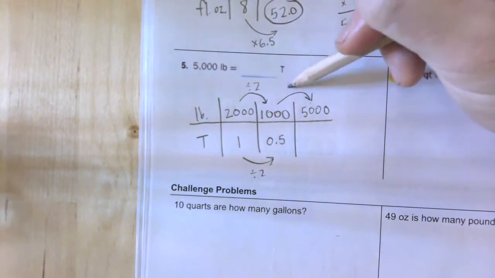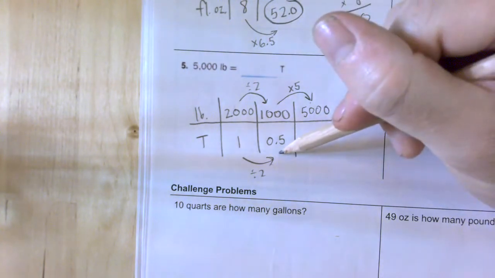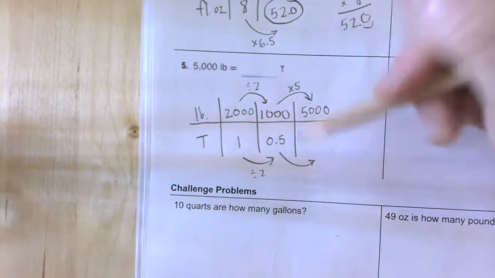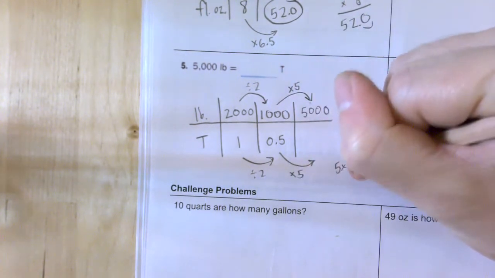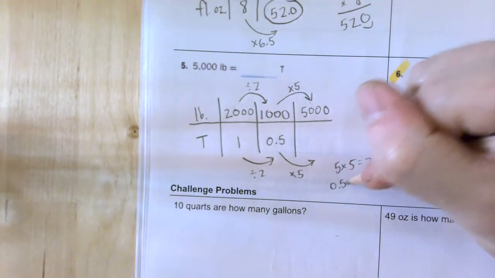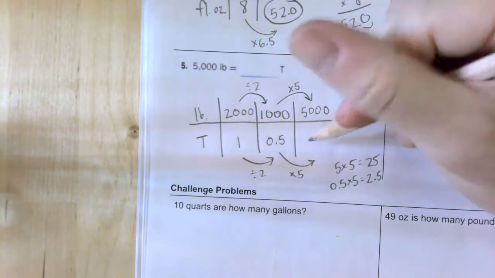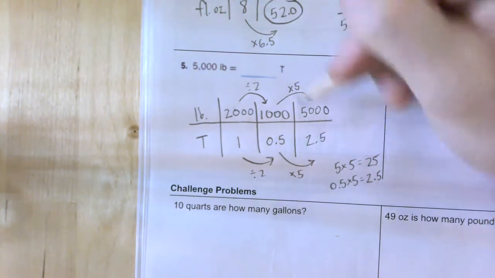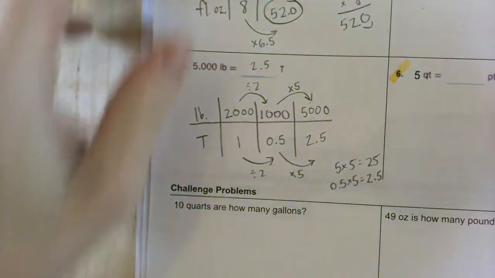1,000 times 5 is 5,000. Now, we do times 5 here. Well, we know that 5 times 5 is 25. We've maybe seen this before. So that means that 5/10 times 5 is 2.5. Oh yeah, it's 2.5 tons. Okay, so using the same steps that we've been using,